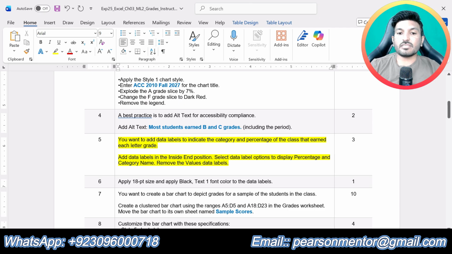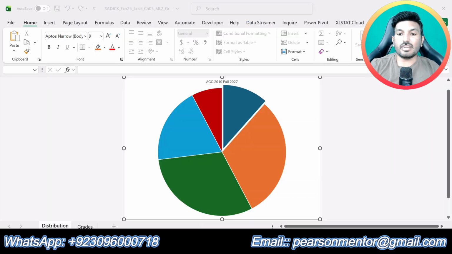Add data labels in the inside end position. Select data label options to display percentage and category name and remove the values from the data labels. So first we are supposed to add the data labels in inside end position.